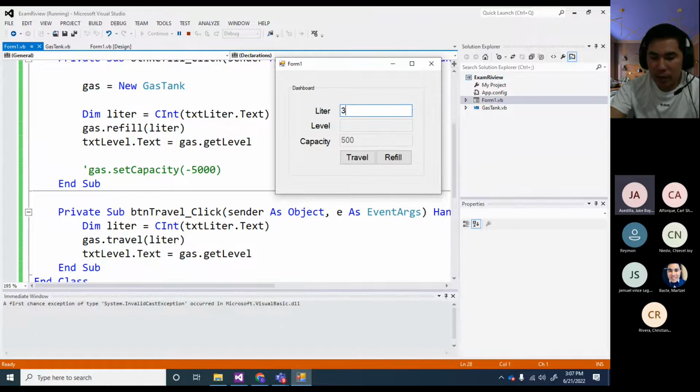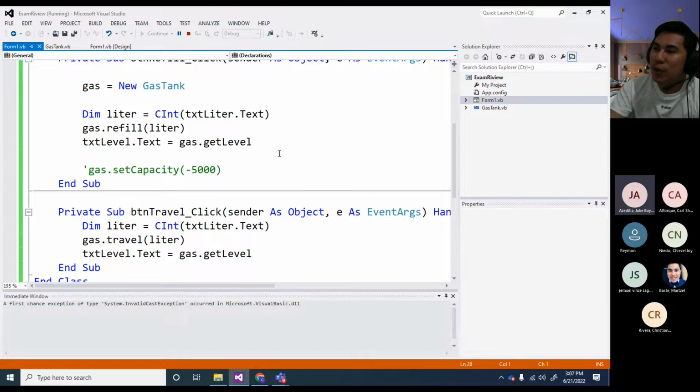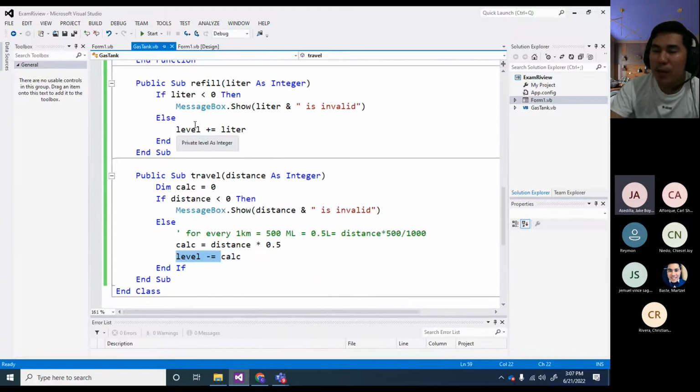So we put 50 liters. So the level is 50 liters. And then we put travel of 2 kilometers. So it should be 49. And if it's 5 kilometers, then 47. See, it's that simple. 47 minus 5 is 42, so it subtracted 5 liters. So that's all, right? But more than that,